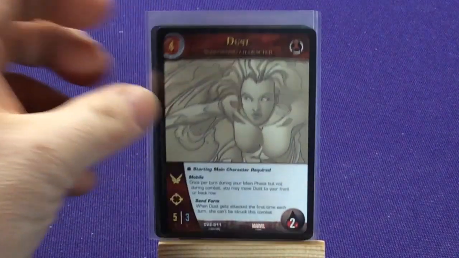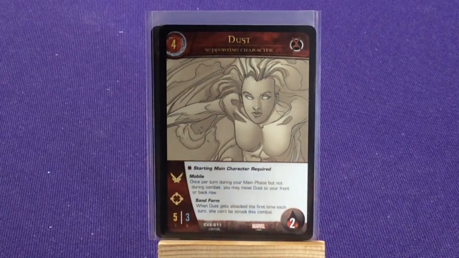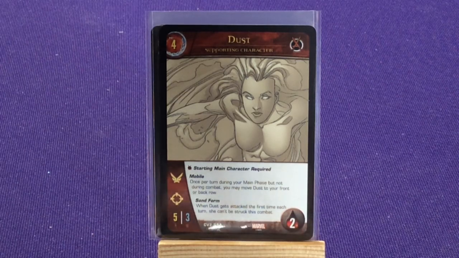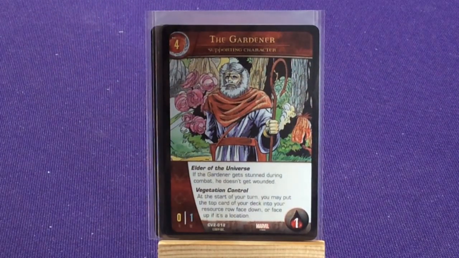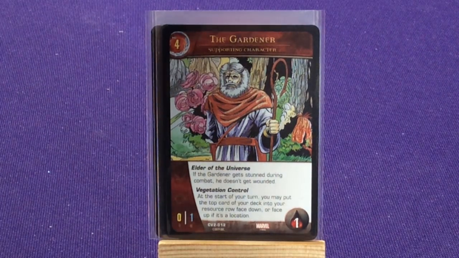Alright, so we're going to have a Resistance character, Dust, who requires a Resistance starting character. She has Mobile: during your main phase, but not during combat, you may move Dust to your front or back row. And Sandform: when Dust gets attacked for the first time each turn, she can't be struck this combat. Our next Elder is the Gardener. So if he gets stunned during combat, he doesn't get wounded. So I think that's the...